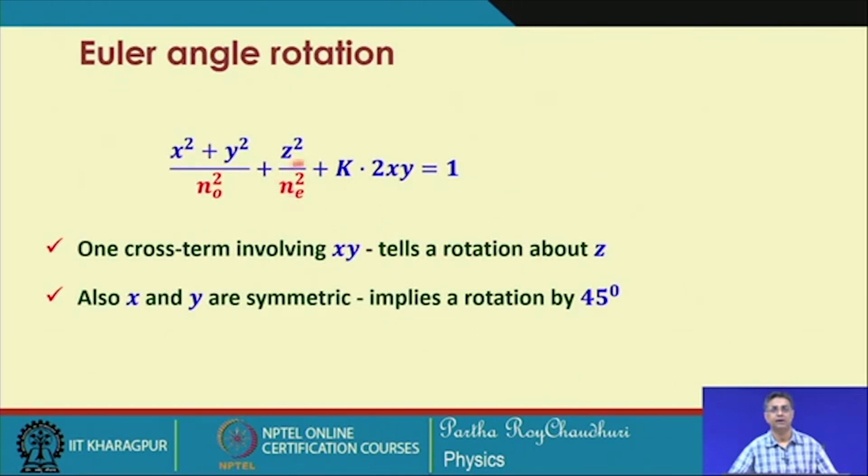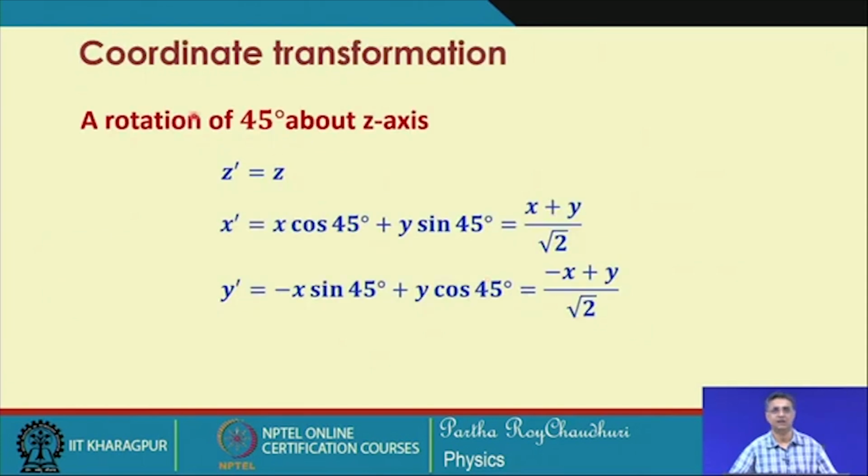Now, while applying this Euler angle rotation, we will have to do some inspection. Because the cross term involves only x and y, it tells you that there should be a rotation along z, because the cross terms are not involving any z. Then because it involves x and y symmetrically, if you change x by y or y by x, the equation does not change. That implies that the rotation will be by 45 degrees, and we have seen this in the earlier discussion also. So, a rotation by 45 degrees about the z axis